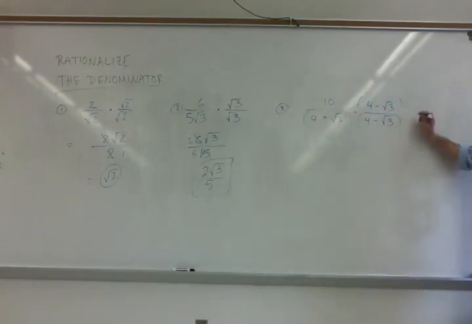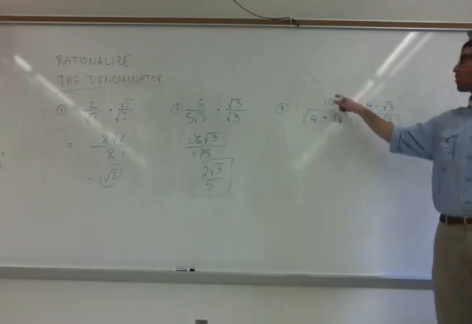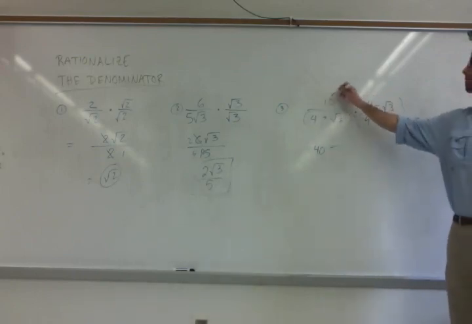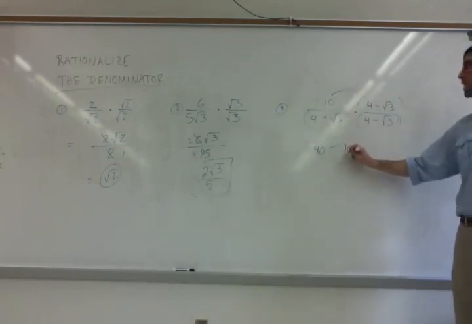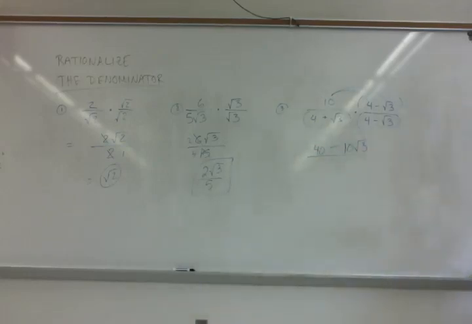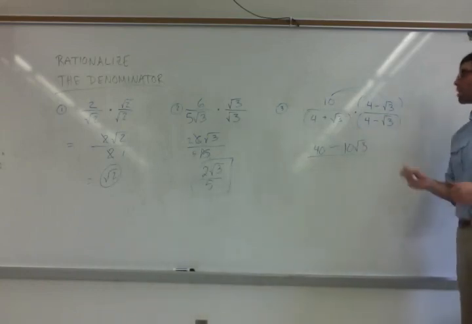All right? The top becomes 10 times 4 minus root 3, or 40. Right? 10 times 4 is 40. We've got to distribute minus 10 root 3. So the top becomes 40 minus 10 root 3. This is what we always do when we have 2 terms in the bottom. And here,